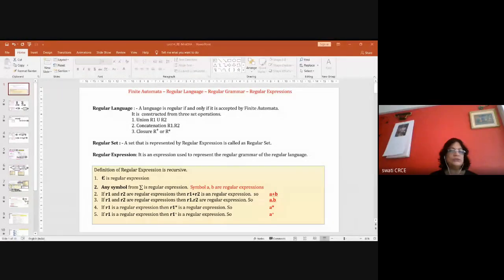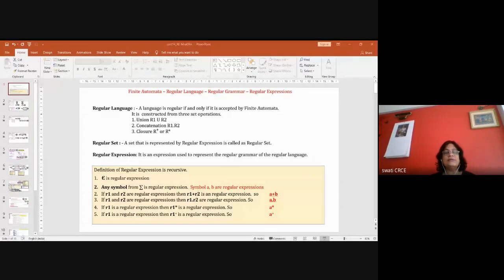We are on the topic of minimization, writing the regular expression and finding out the minimized DFA for the given regular expression. So we have studied till now FA, DFA, NFA, the types of NFA, NFA with epsilon, NFA without epsilon, and then NFA to DFA conversions, and then regular expression and writing regular expression, then finding out the NFA and then converting it to DFA. So we are on that particular topic.